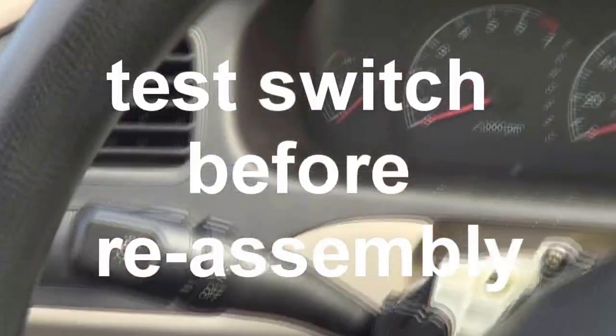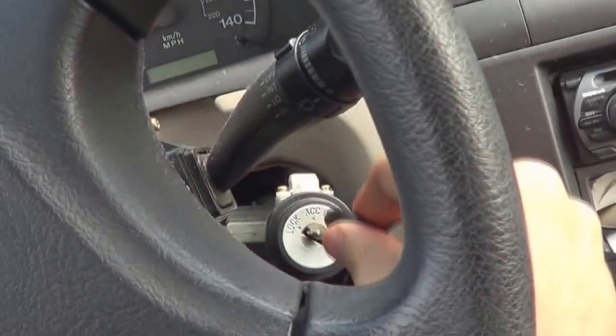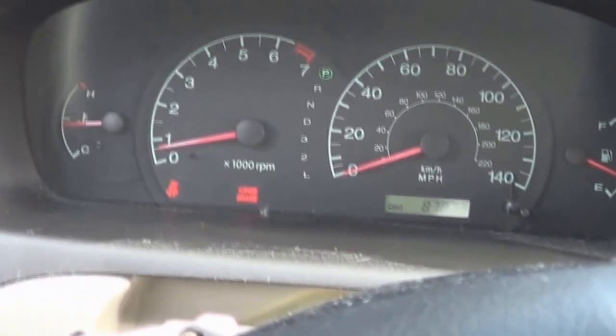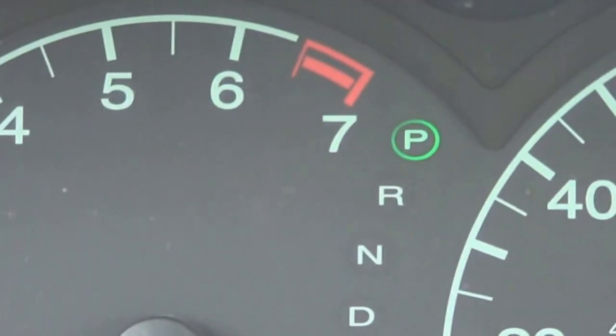Okay, we got the new turn signal in, everything's looking good. Before we put the covers back on, you want to go ahead and start your car. At least I'm going to start mine, you can do whatever you want. Why is that making that noise? There we go. Okay, so lights are off, green dot is really bright, turn my lights on,